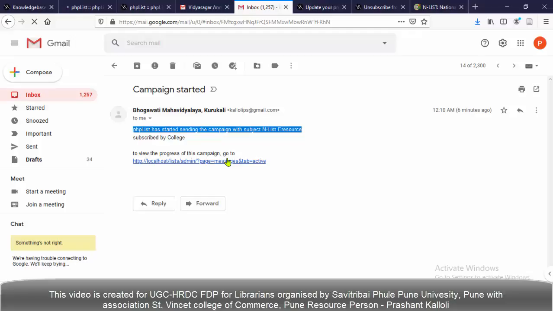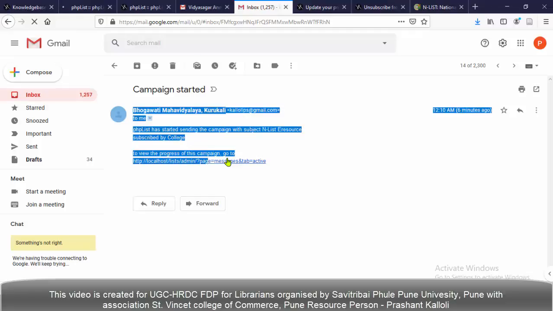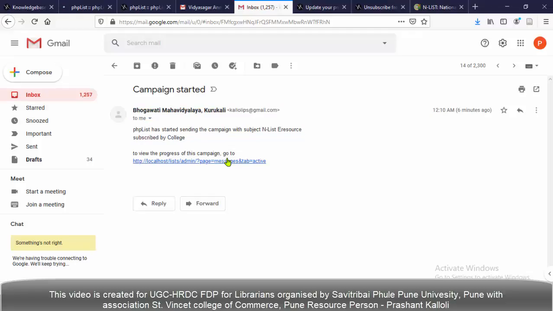It gives the campaign subject. And also to view the progress of this campaign, we have to click here and see the progress of the campaign. Such a type of support the PHPlist application is providing to us. None of the email clients are providing such type of services.